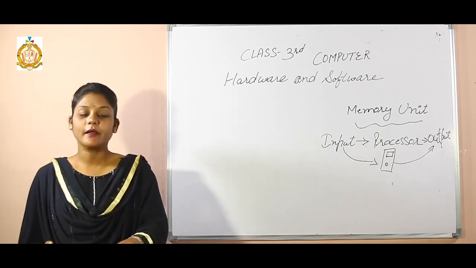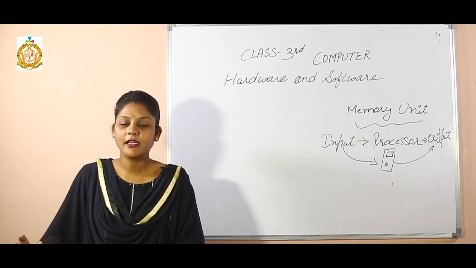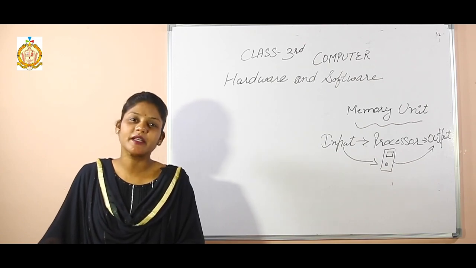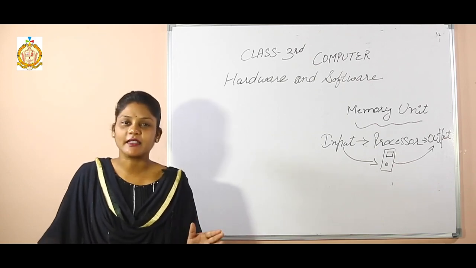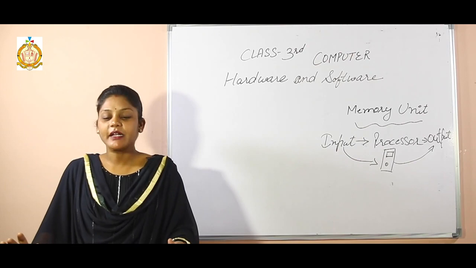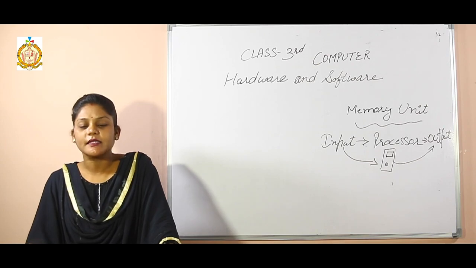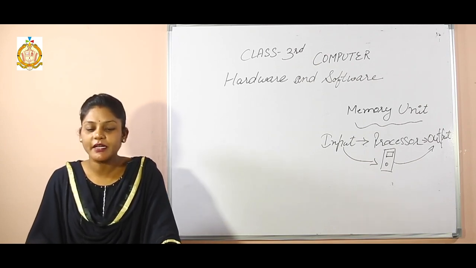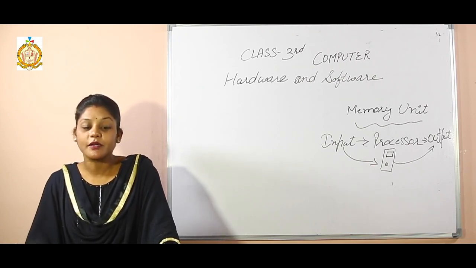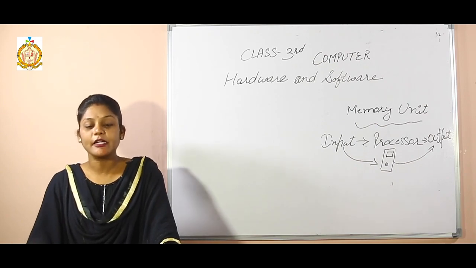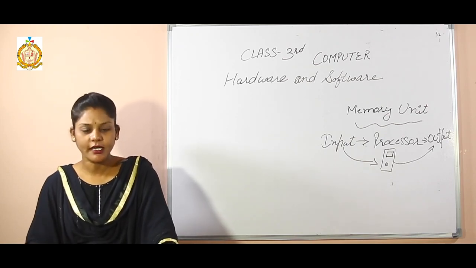So the last thing is that computer hardware and software complement each other. Why do they complement each other? Because without hardware, software cannot do anything, and without software, hardware has nothing to do. So hardware and software complement each other. Without hardware, software is of no use, and without software, hardware is a dumb machine. So for a computer to produce useful output, both hardware and software must work together. Clear, students?